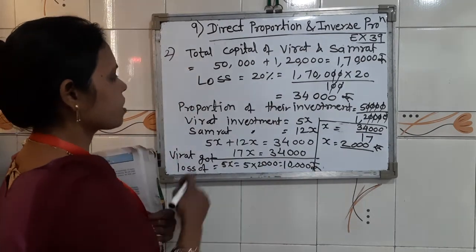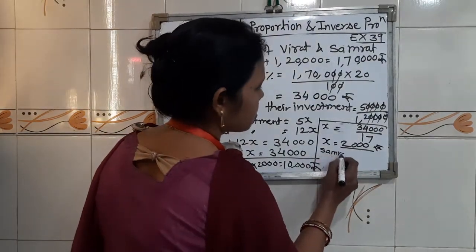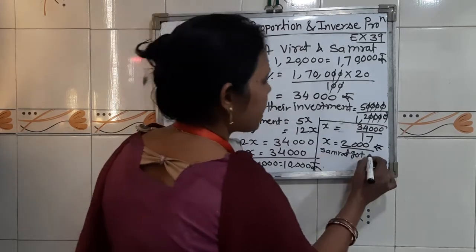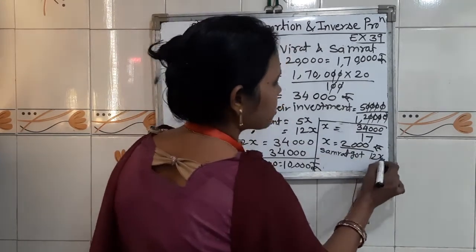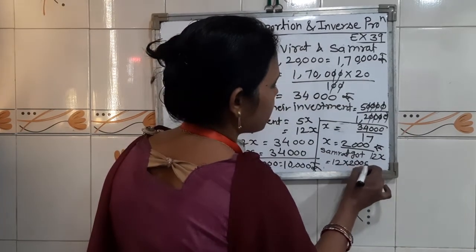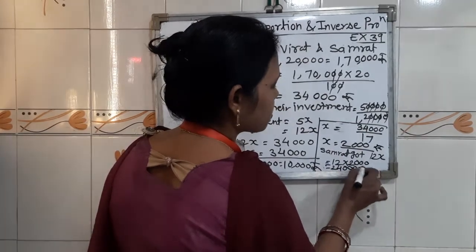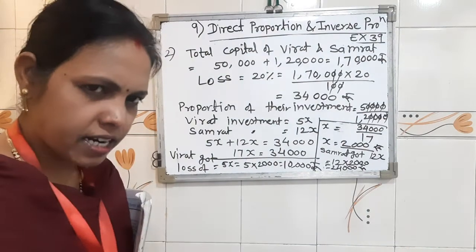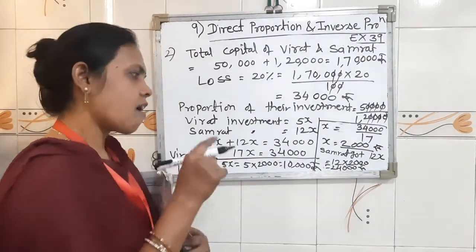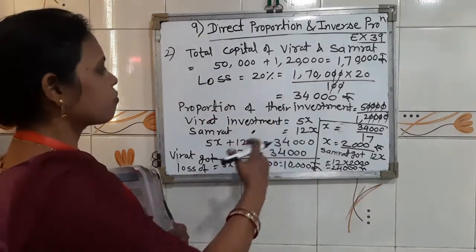After that, Samrat got 12x loss. Therefore, 12 into 2,000 equal to 24,000 rupees. So children, while writing, listen to the video properly and after that you can write, because the board is fully